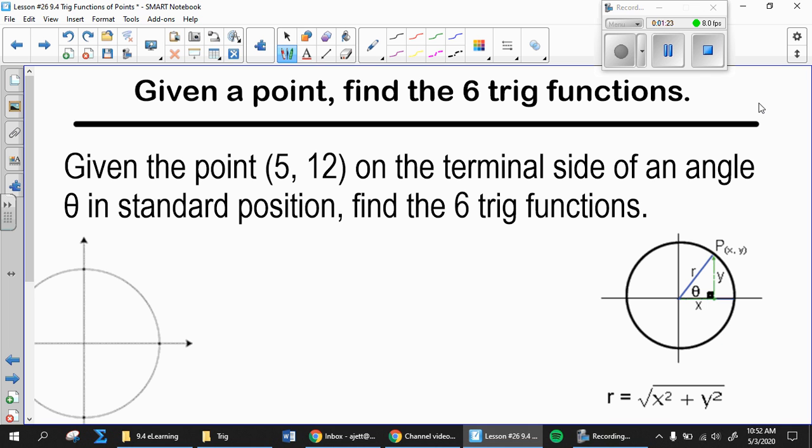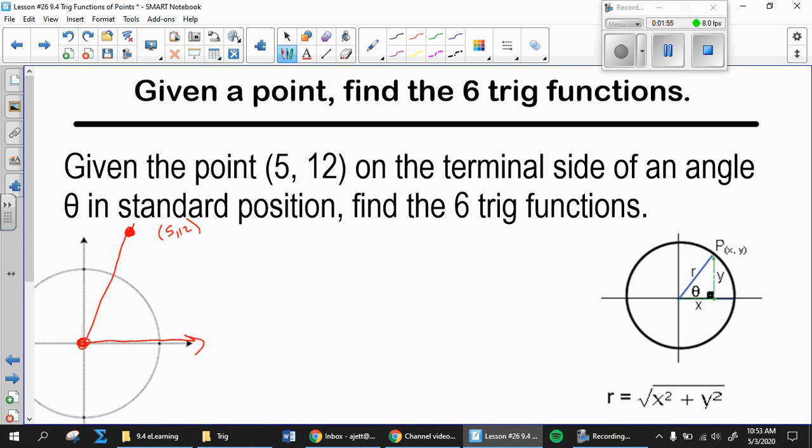So the first thing I want to do is let's just go ahead and graph this point. So the point 5, 12. It's going to be an estimate. So let's say we go over 5 and up 12. Let's just say this is the point 5, 12. And what we said is this is going to be a point on this terminal side